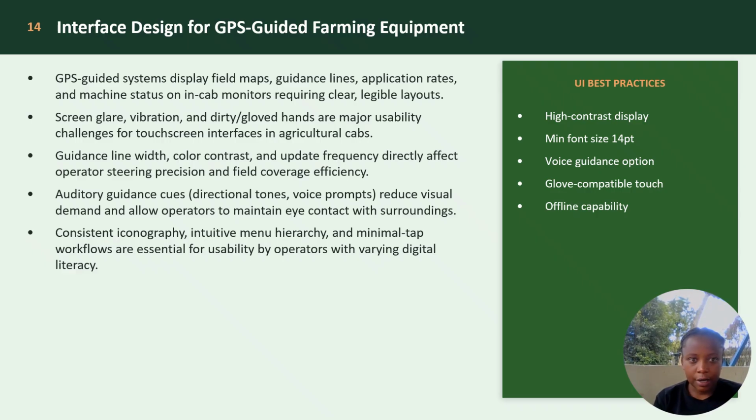The second one is glare, vibration, and gloved hands, which pose usability challenges for touch screen interfaces in agriculture cabs. The third one is guidance line contrast and update frequency, which affect operator steering precision and field coverage